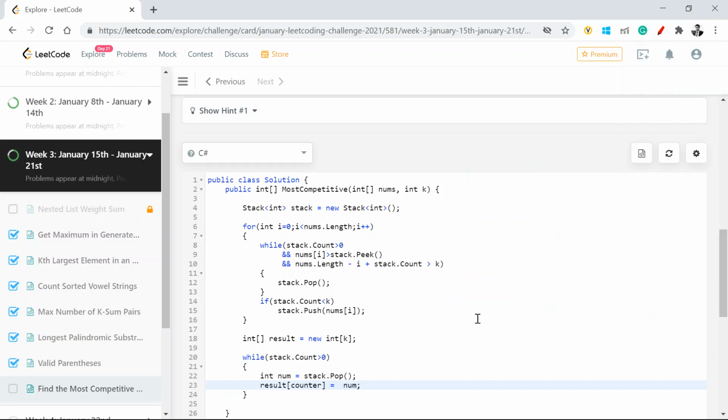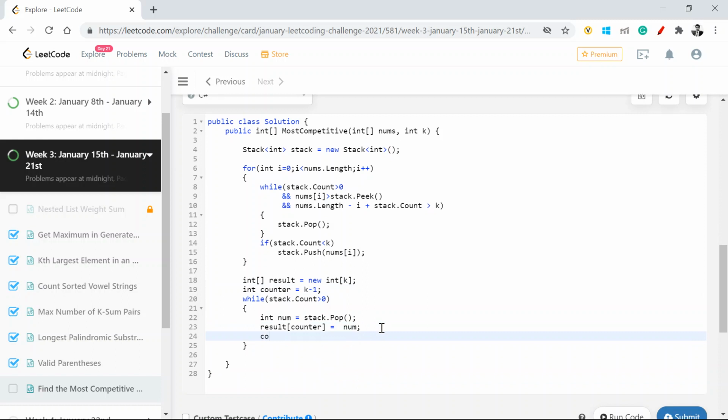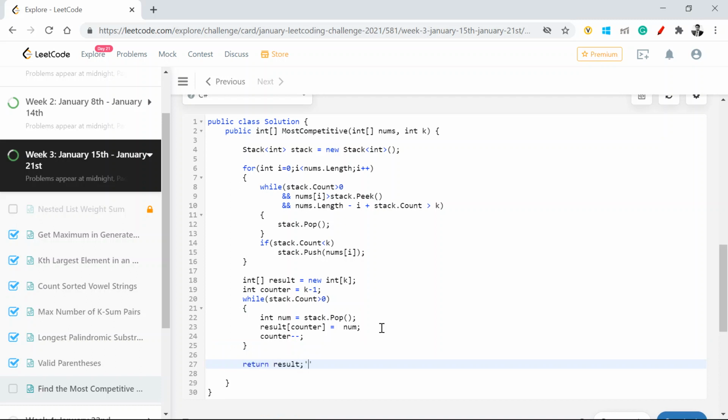So with that in mind, this counter should be equal to k minus 1, because we move from 0 to 1, right? And then this counter minus minus. I hope you got why we are doing a reverse run here, and return result, whatever I've formulated.